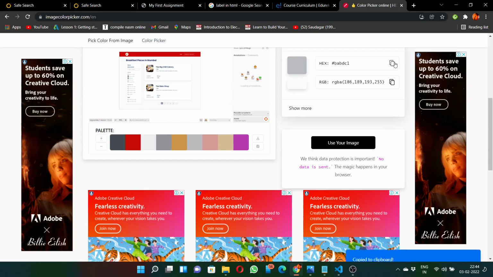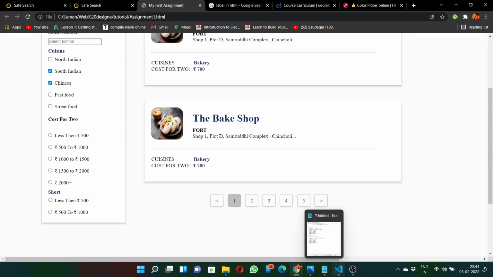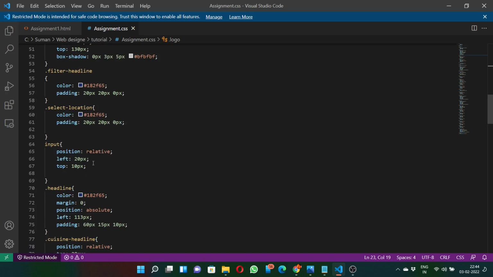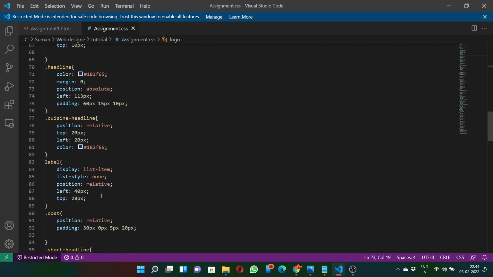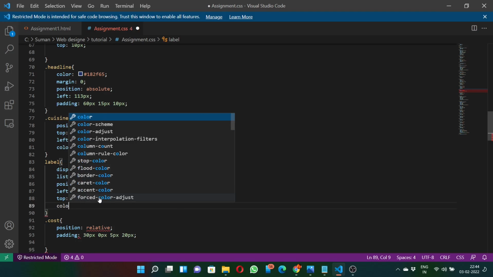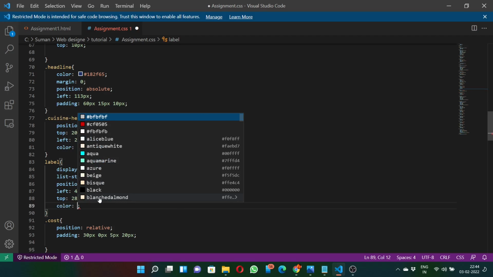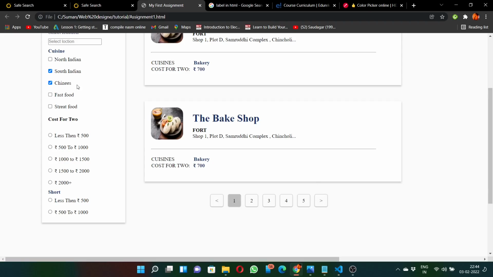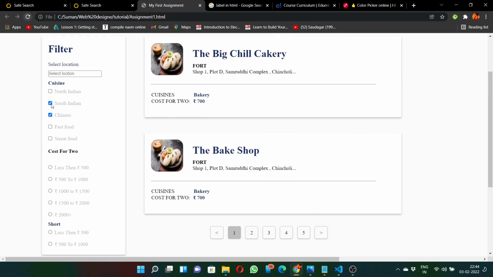Yes, just copy this value and go to your CSS folder, and as we can see, our label. It was the label color. We're just going to paste here the value which we copied, and now refresh our browser. Let me see what happened. As you can see, we achieved much